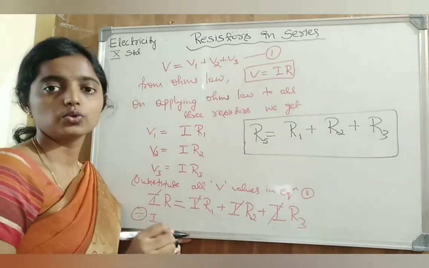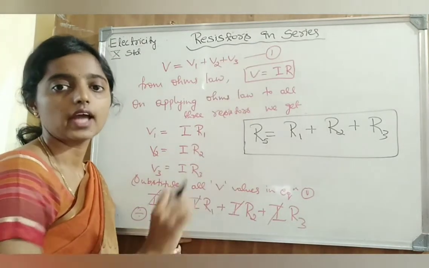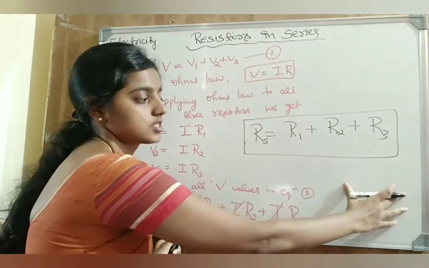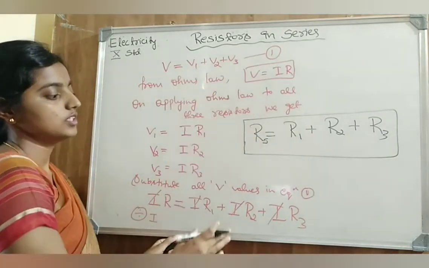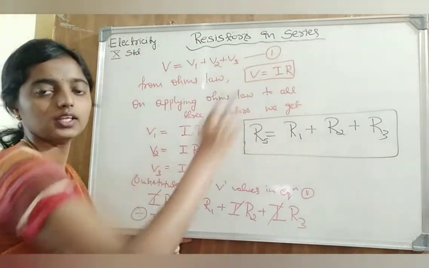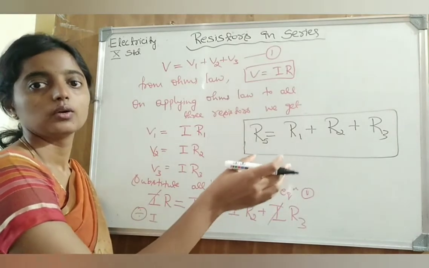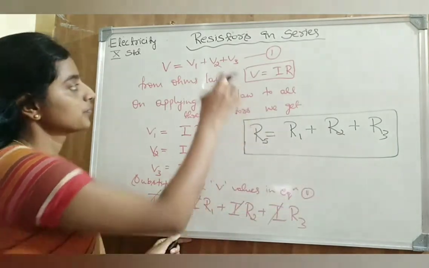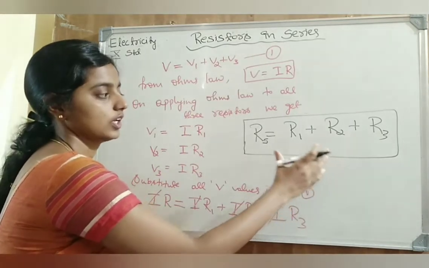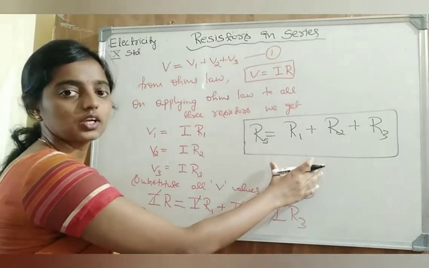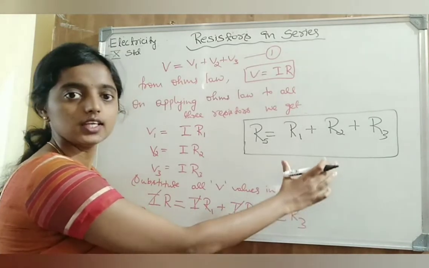If they ask you to derive an equation for resistance in series with diagram, write down the circuit diagram which we drew earlier. Later on, first introduce the statement by writing that the potential difference will be equal to the sum of the potential differences of R1, R2, R3. Then using Ohm's law, derive the equation and give the final equation. They may ask you for 2-3 marks, or they may ask you for 1 mark. Just write down the formula for resistors in series.